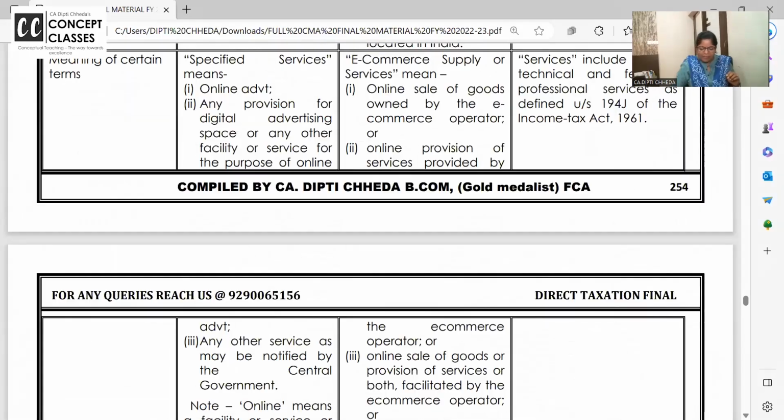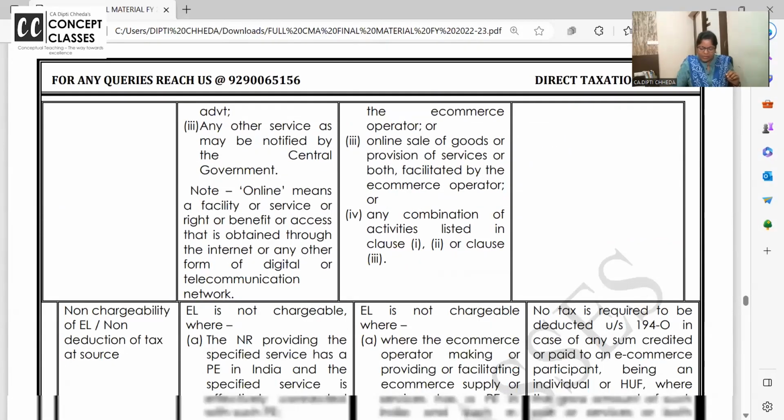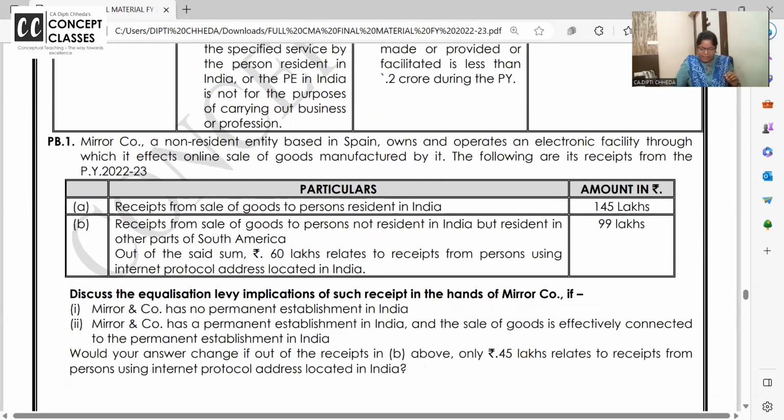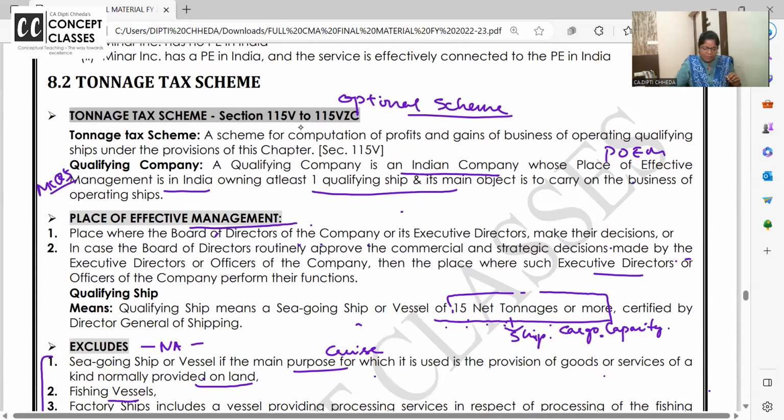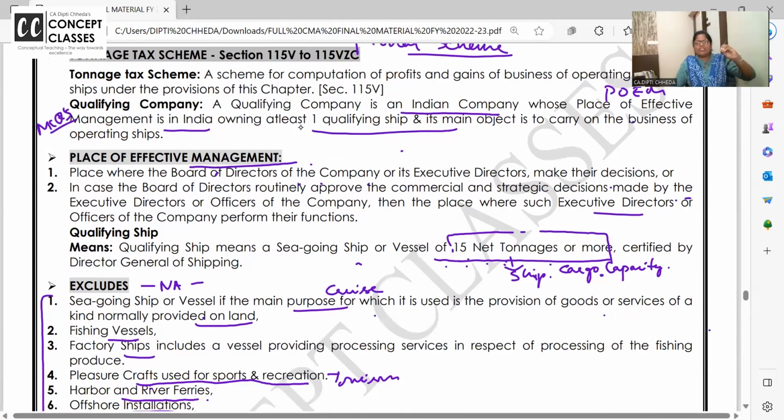Once again, let us refer to the notes right from the beginning, 5 minutes, and then we will close. Equalization levy भी एक aspect हमने किया था, diagram बना के बताया था आपको. ये देखो, tonnage tax reserve. It says that if it is an Indian company involved in shipping business and the POEM of that Indian company is India, it should have one qualifying ship. What is qualifying ship? जिसका कार्गो कैपेसिटी 15 टन से ऊपर होना है